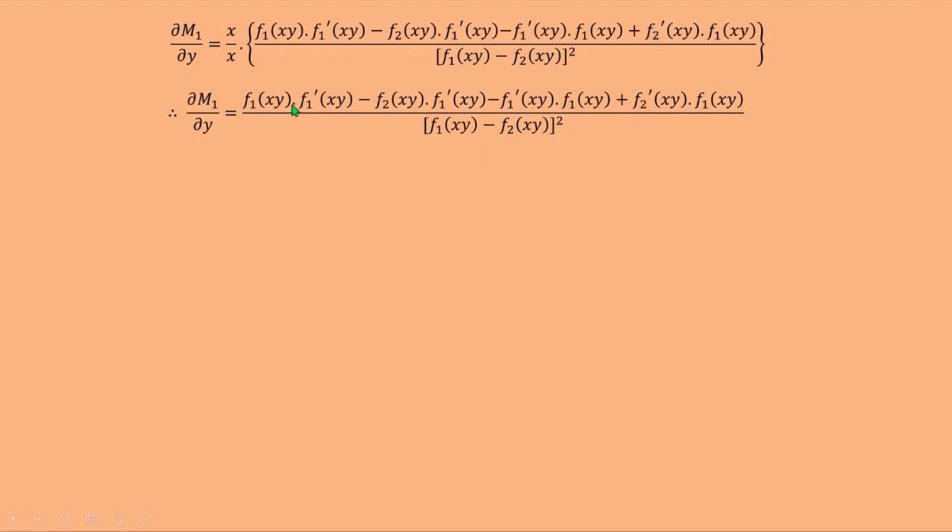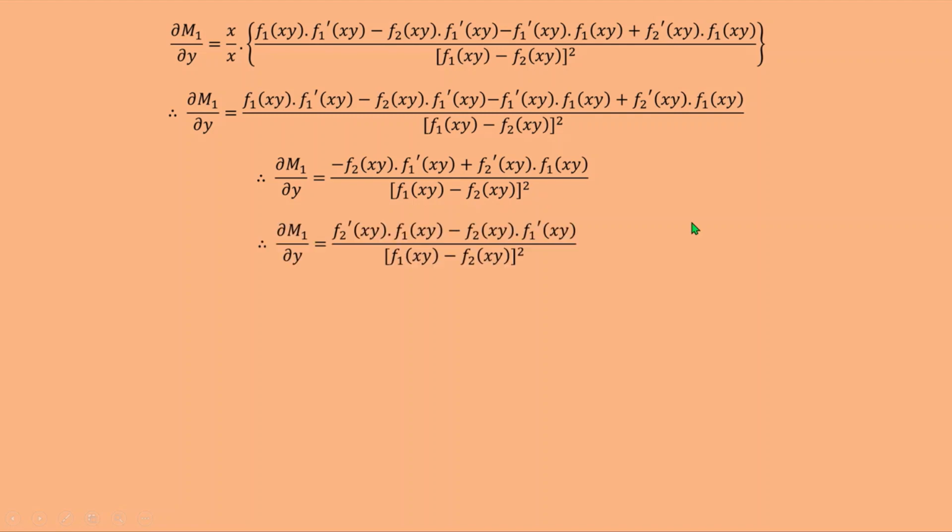Here this first term and the third term get cancelled. f1(xy) f1'(xy), positive and negative, get cancelled, and so we get ∂M1/∂y = [−f2(xy) f1'(xy) + f2'(xy) f1(xy)] upon [f1(xy) − f2(xy)] whole square,